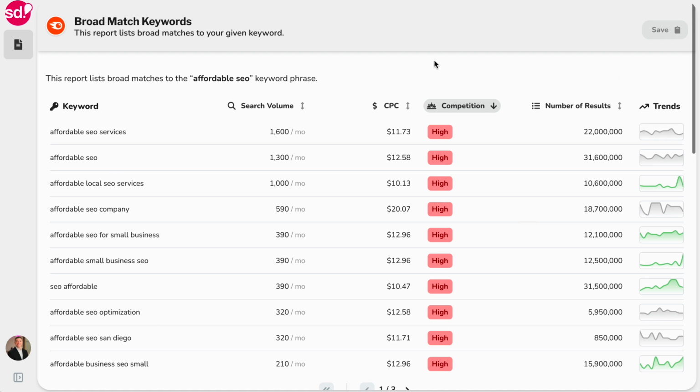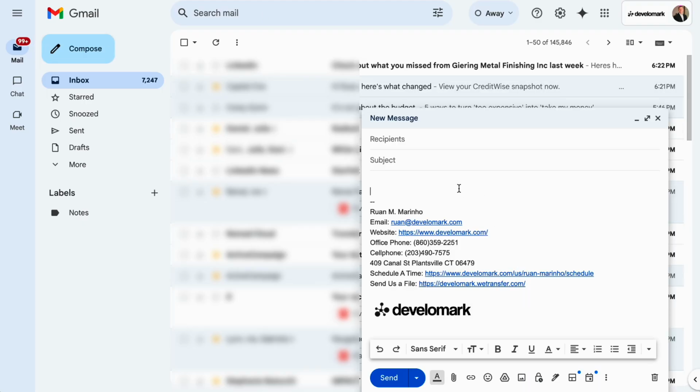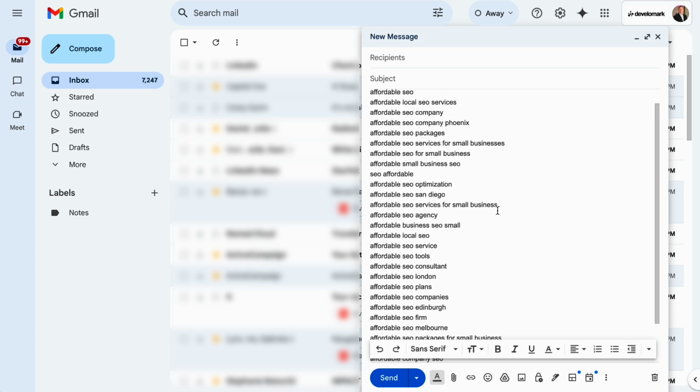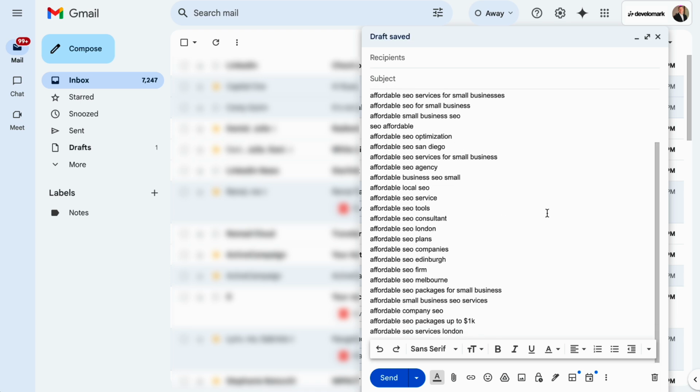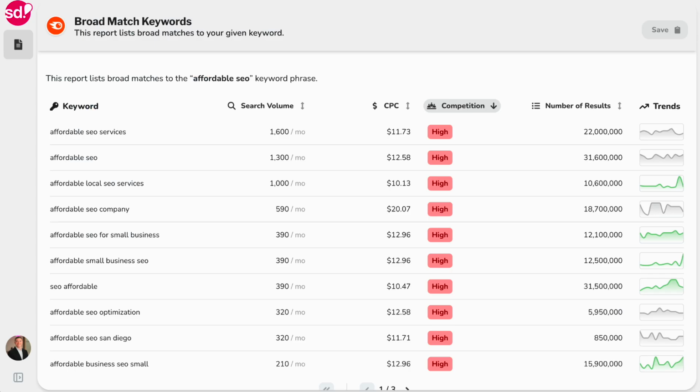And so if I wanted to rank for these keywords, I would copy the keyword phrases, and let's say I would just basically write content around those keyword phrases. And with SplashDash, I can quickly copy all of that information and then see all of that stuff directly inside of here. Or I can also download it, etc., and use however I would see fit. But generally speaking, the way we've organized this information is we've identified the cost per clicks of different keyword phrases